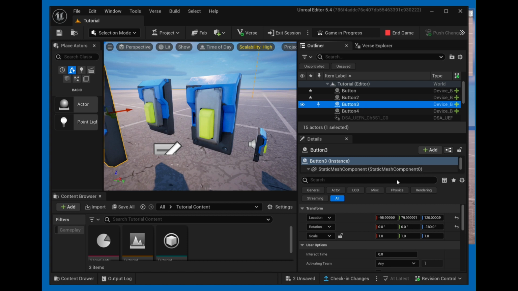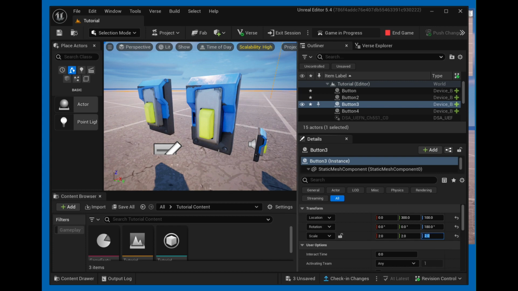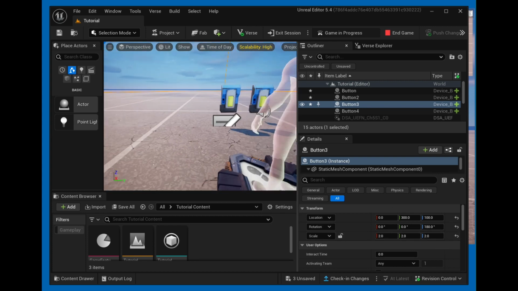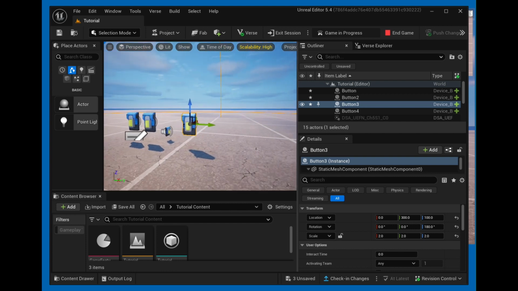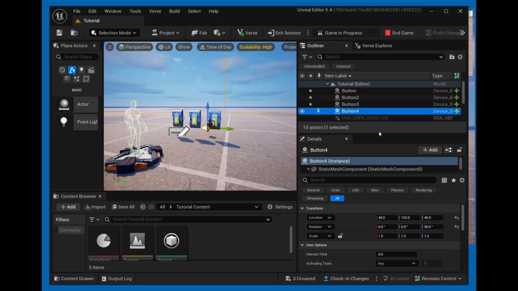For button 3, we can do it as well. We could do 0, I don't know, 300, 100, and then angle, what was it, 180, and 2, and then 2, where did it go? Yeah, there it goes, okay. Or no, let's make that one 200 so that's next to the others, there we go. And then for button 4, same thing,